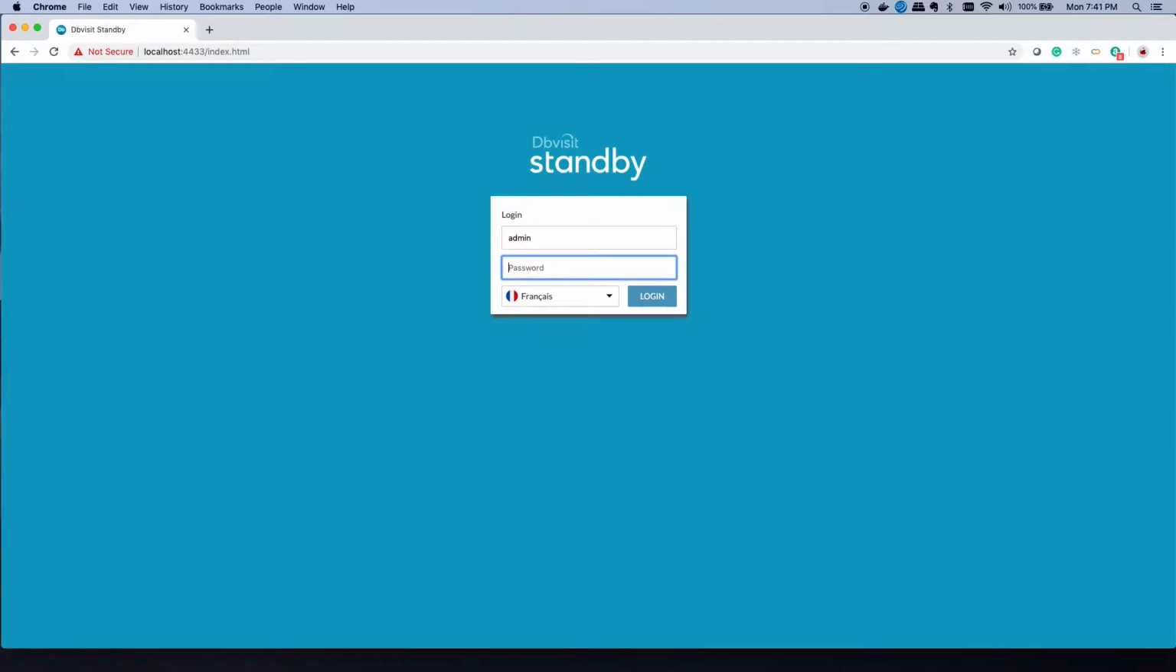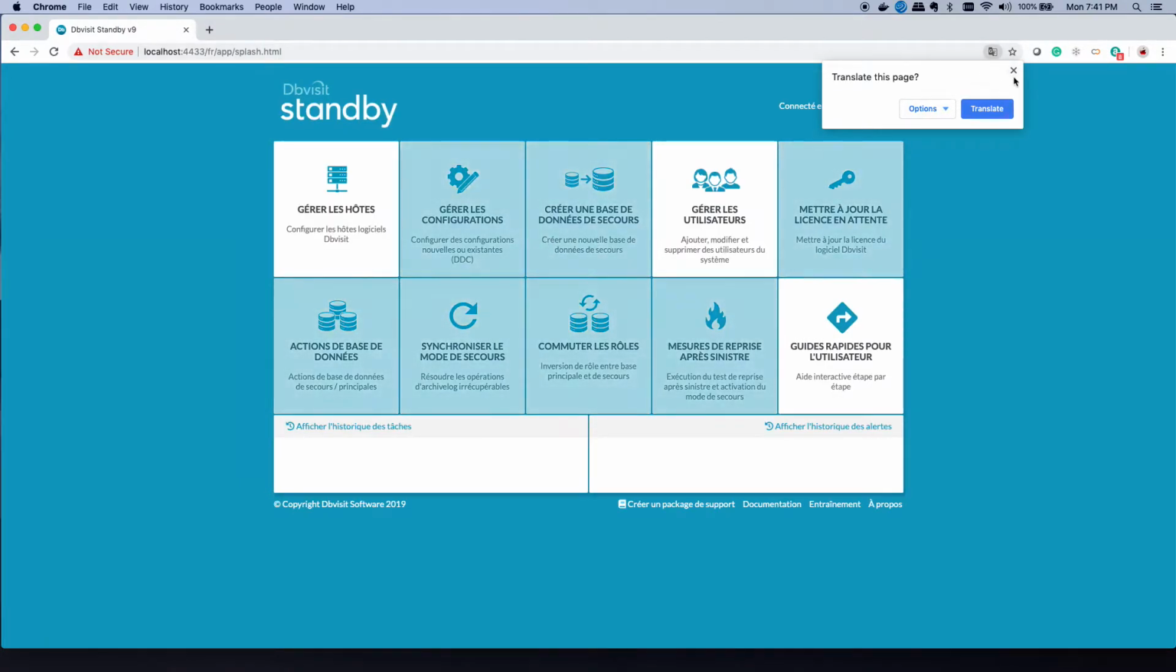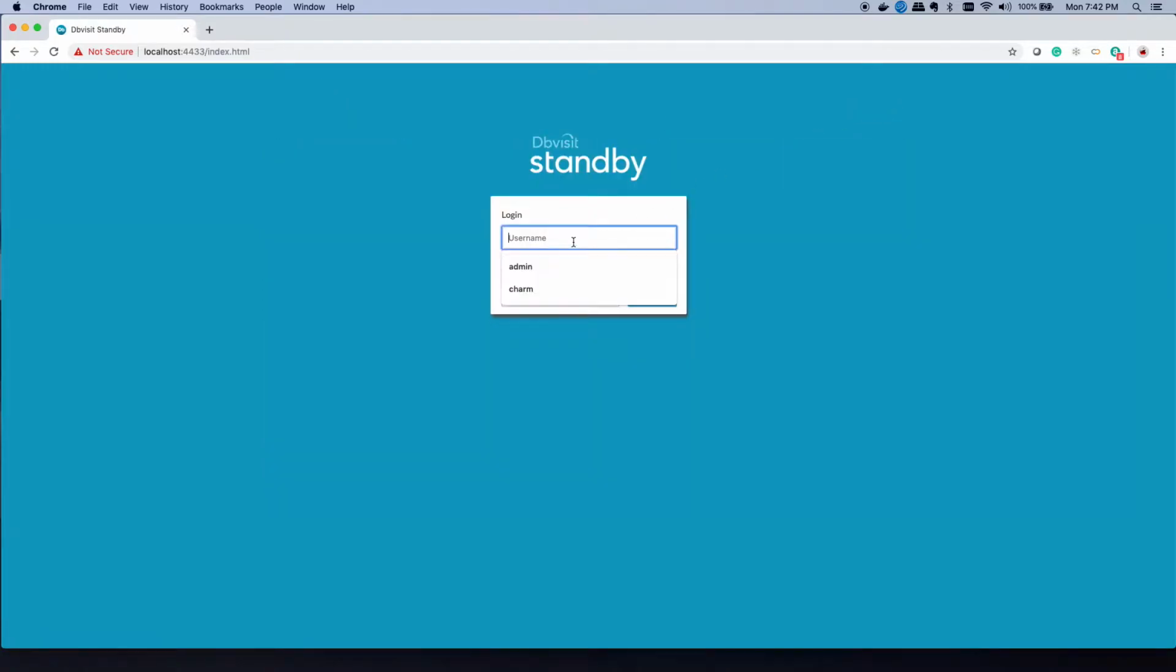We log in with our admin, and you can see that you've got your options now in your selected language. Note that certain messages, such as output from the Oracle database during task execution, will still be shown in English as these are passed through from the back end. So let's go back and continue with the